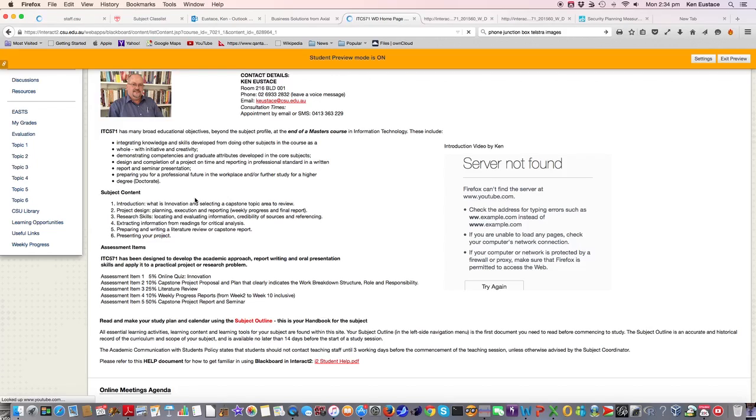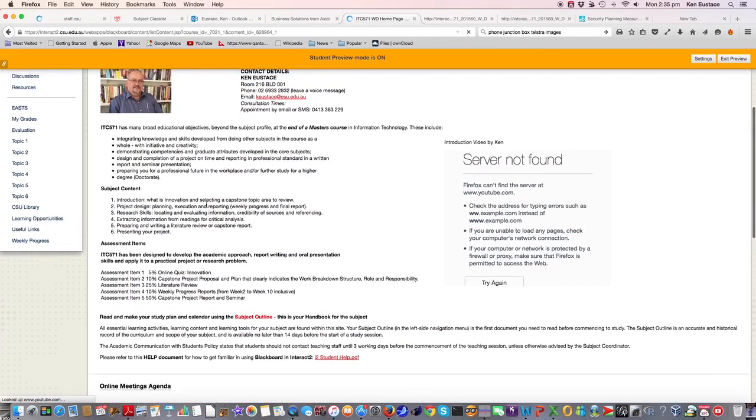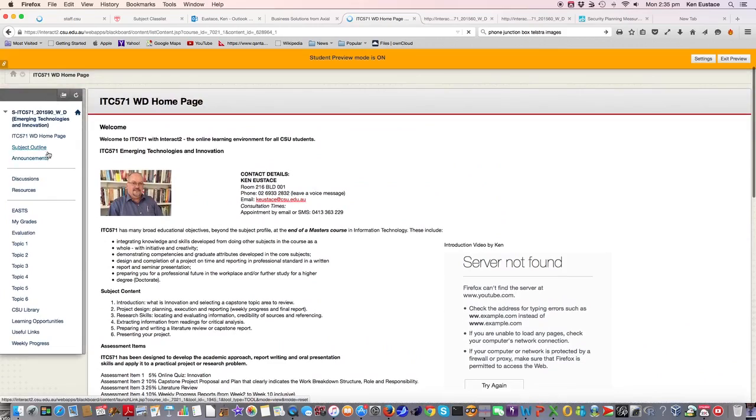All the way along, you're going to include weekly progress reports in something like a blog, project blog, from week 2 to week 10. And finally, we have the major assessment item, where you present both a project written report and present a seminar. If you're studying by distance, that will be some sort of video recording, while other students may be having classroom presentations. Okay, so let's have a look at the subject outline